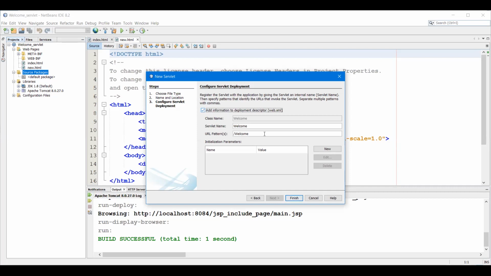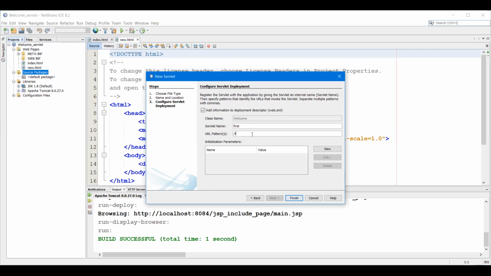Here, by default, the class name is fixed, there is no possibility for you to change it. Only two things you can change. What are the two things you can change? First, the servlet name. Now, what is the URL you would like to give?